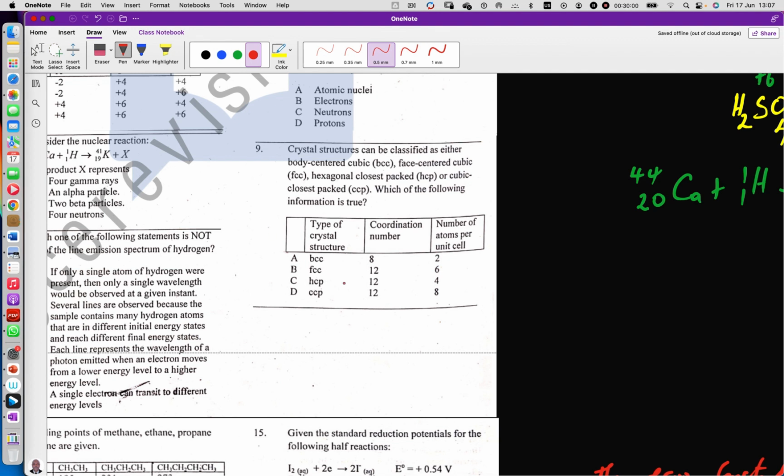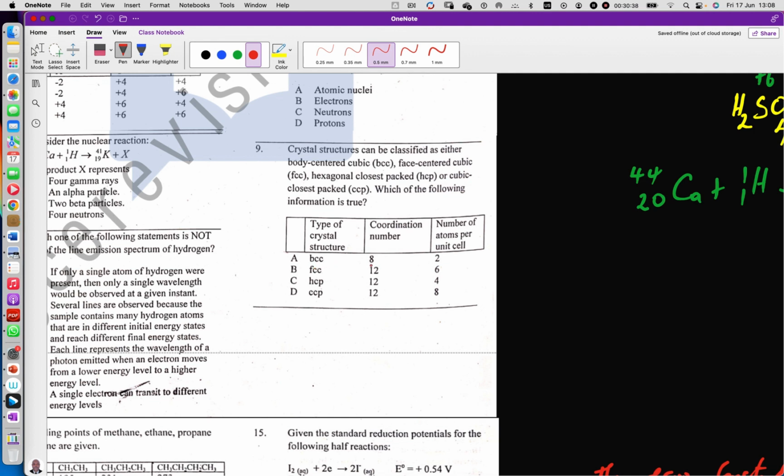Of course, from the cubic closest packed, the information is not right. From the hexagonal closest packed, the information is not right. From the face-centered cubic, the information is not right. But from the body-centered cubic, we know that it is